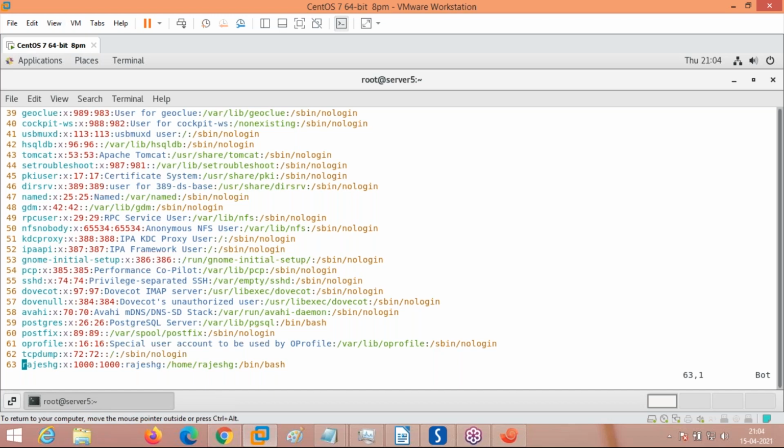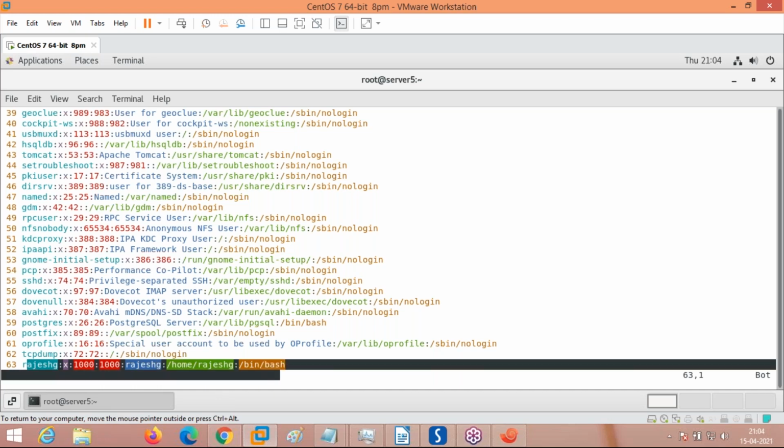See here one specific user, Tomcat, which I am highlighting, with a user ID of 53. It is showing group ID 53. This is the Tomcat user who is going to maintain the Apache Tomcat web server which is installed on Linux. That application is going to be managed not by the root user or admin but by Tomcat. These are the system users. And the last comes here, starting with 1000. These are the users which are normally client users, not application, not system. Rajesh Ji is the first client user which I installed in the operating system during the installation of the OS itself.